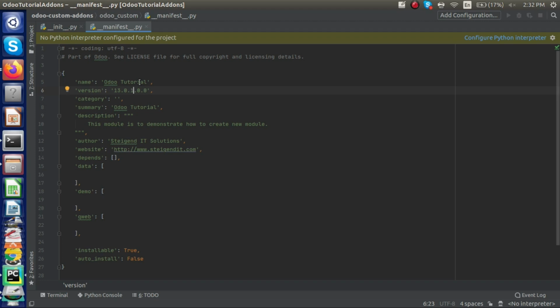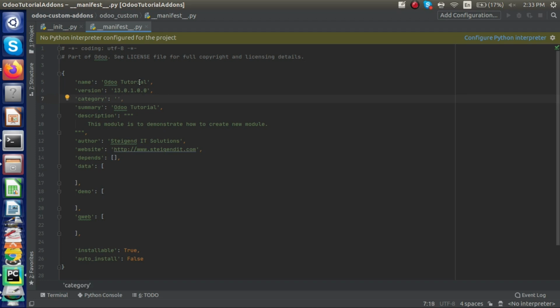The y is incremented when a module upgrade is needed. And z, the last digit, is for bug fixes inside our module, so we increment these revisions. Simple.